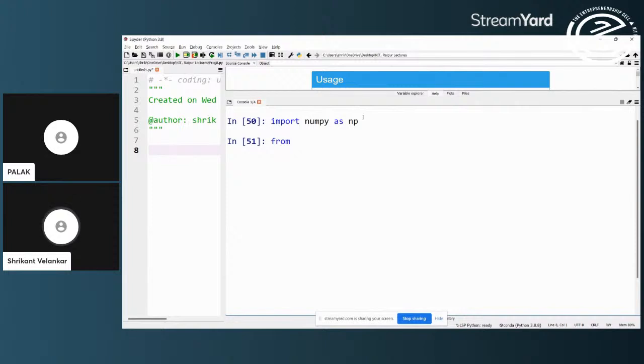I will use some other library which is not really in context for this work, just to show you that syntax very quickly. This is actually a GUI library: from tkinter import ttk as.